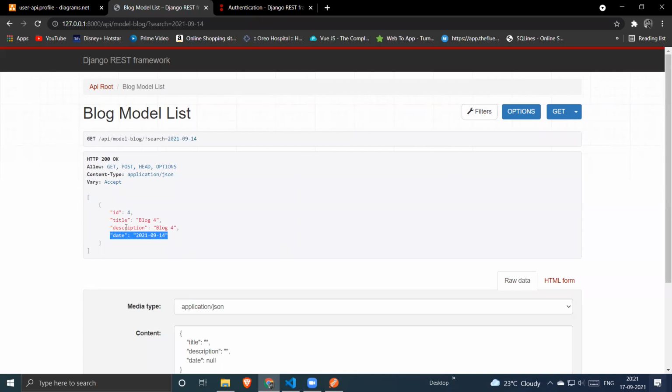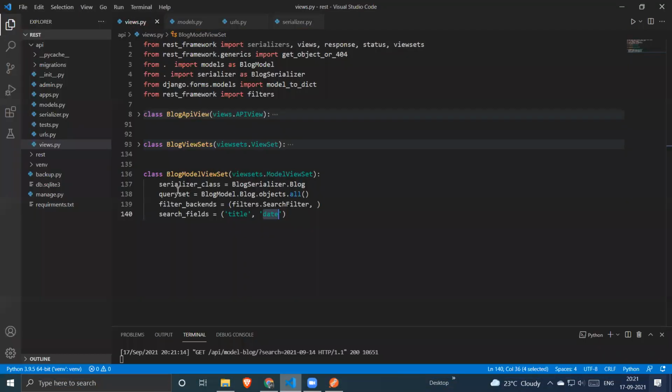So it will search in the title as well as in the date. If it's found in the title, it will return your query set. If it's found in the date, it will also return your query set. This is how we can perform a search operation in the model view sets.